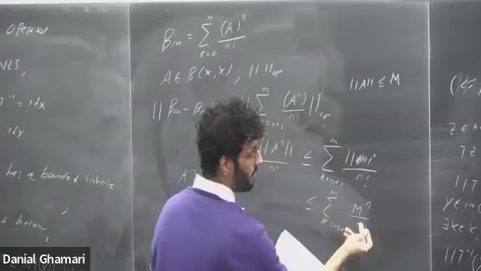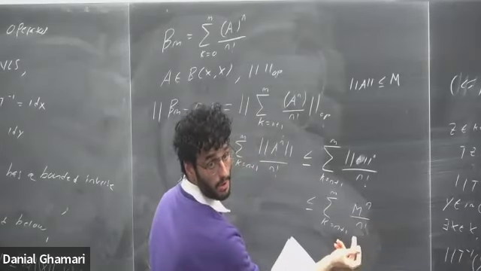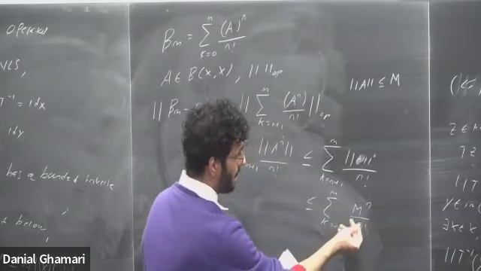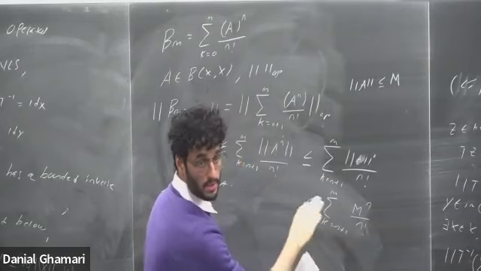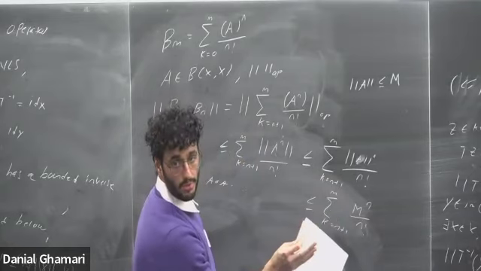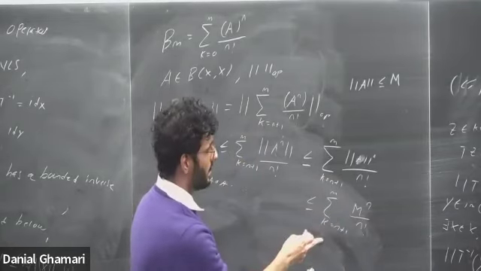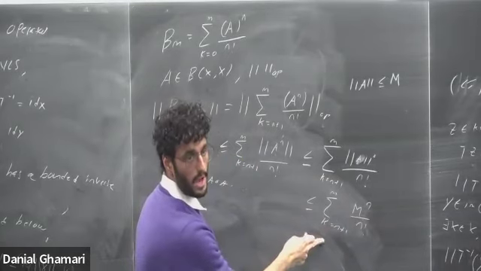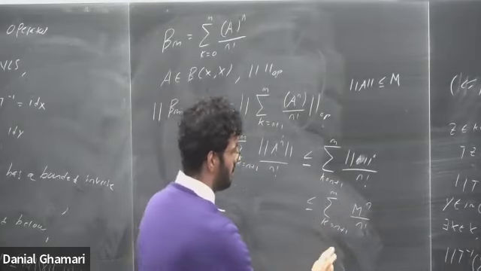Essentially it's just the sum of exponentials with a real number, where n is a real number, right? And because we know this series converges, it converges in a real number, therefore it's Cauchy. Therefore this is a Cauchy sequence. So as m and n go to infinity, this goes to 0.